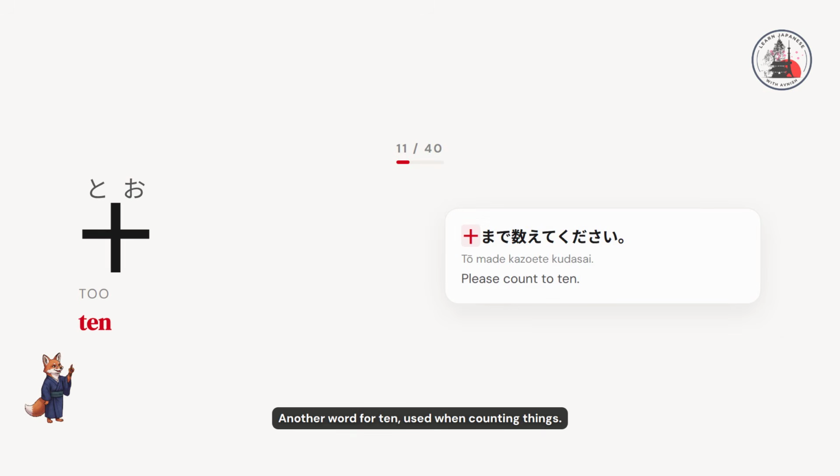Another word for 10, used when counting things. とう。 Example. 10まで数えてください。